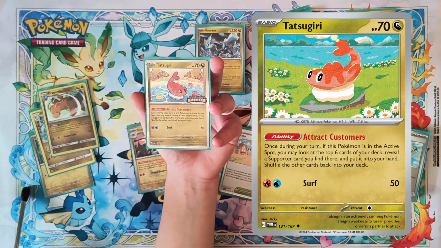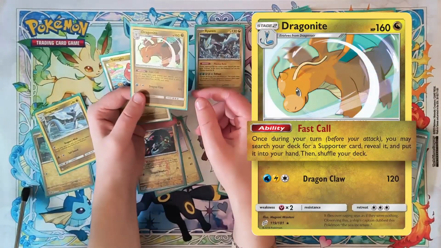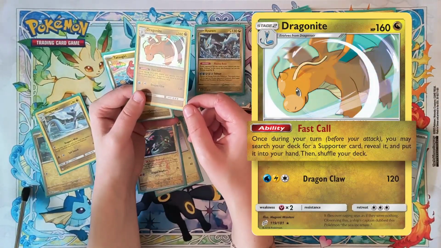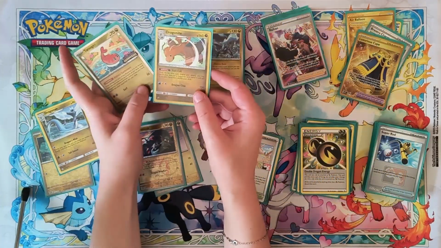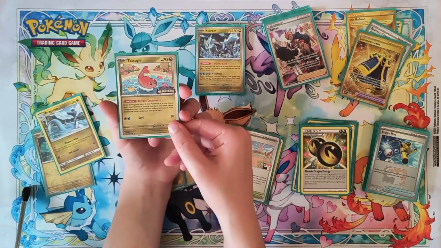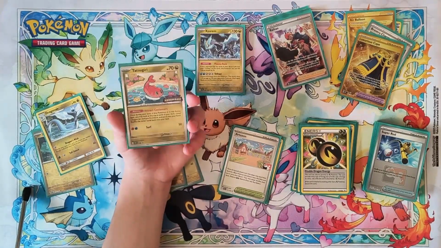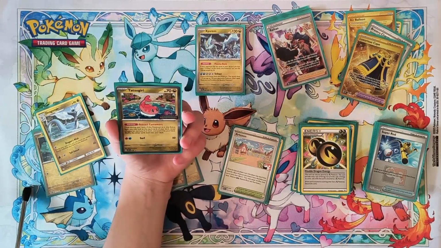Now you may see that we also play Dragonite. Dragonite's Fast Call ability lets you search your deck for a supporter card once during your turn and put it into your hand. And the reason why we have both of these cards in here is because Tatsugiri is probably the best way to try to get out of an early dead hand and can give you a good pivot